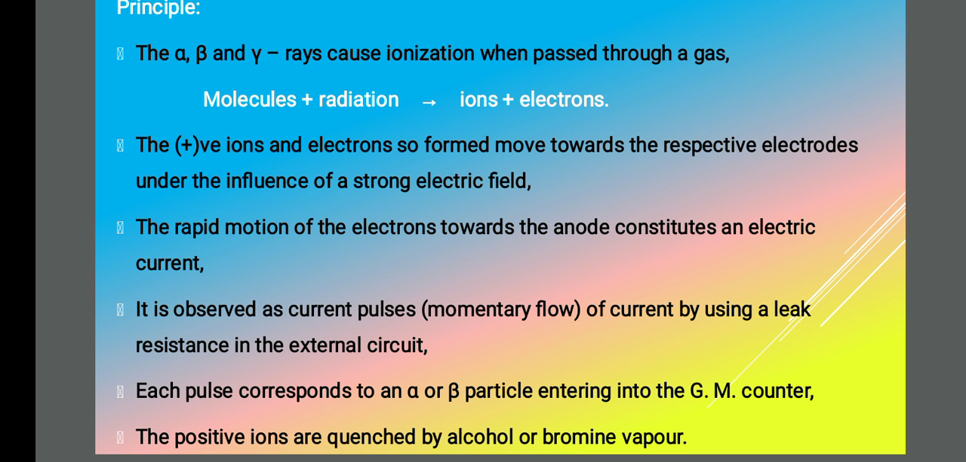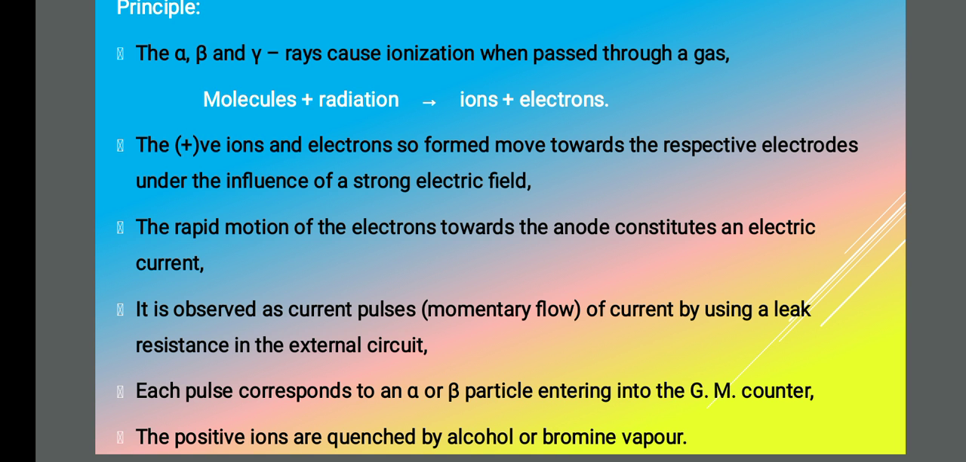Another one is the positive ions formed will be quenched by alcohol or by bromine vapor, either by alcohol vapor or bromine vapor. Is it clear? So I'll repeat the principle once again, ma. So coming to the principle behind this